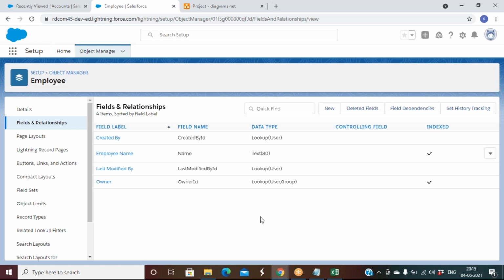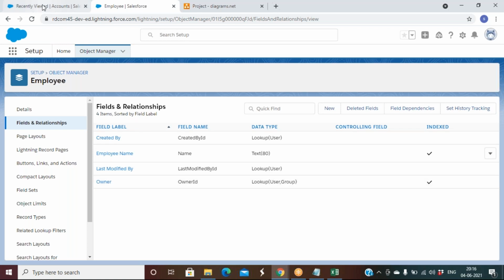Who created the record, what is the record name, who recently changed the record, and who is the record owner. Let me speak: CreatedById, Name, LastModifiedById, OwnerId. Meaning who created the record, what is the record name, who recently modified the record, and who is the owner of the record. So these are the 4 fields that the system will create whenever you create any custom object.